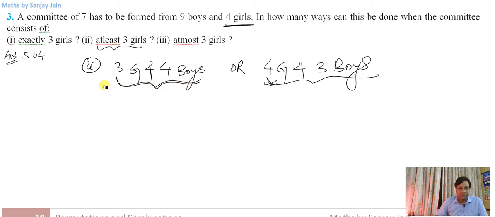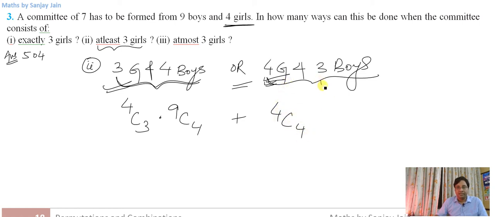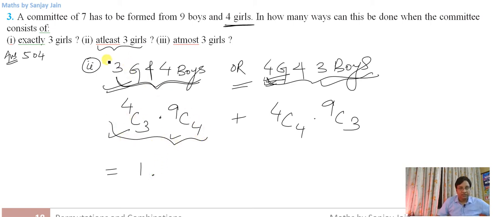Let us see this first. 3 girls and 4 boys. 3 girls can be chosen in 4C3 ways and 4 boys in 9C4 ways, or so I'll have plus here, 4 girls in 4C4 ways and 3 boys in 9C3 ways. So this will give me, this is 1, this I think we have already calculated, 3 boys and 4 girls. This was 504 in number, so I don't have to calculate it once again. So I'll write 504 here,